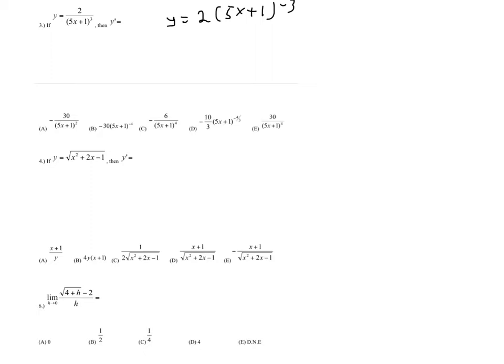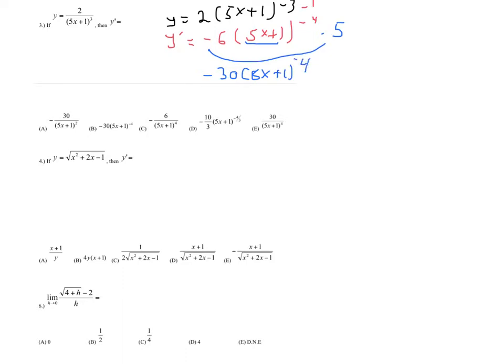So let's take this exponent here, negative 3 times 2, so y prime will be negative 6 times what was originally inside, and then if we subtract 1 from that exponent, we'll get negative 4. We then have to multiply by the derivative of what's inside, and the derivative of 5x plus 1 is 5. And then negative 6 times 5 is negative 30 times (5x plus 1) to the negative